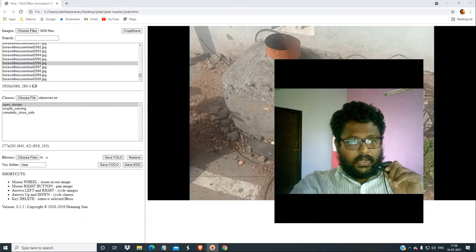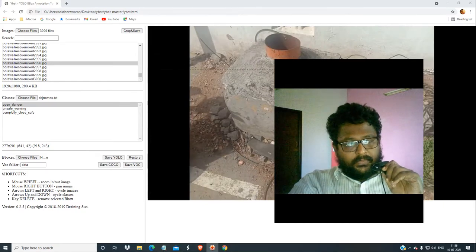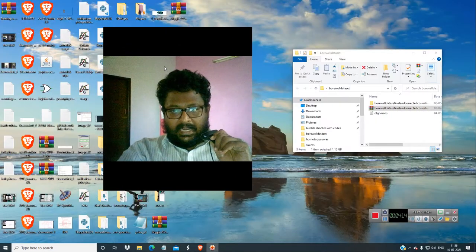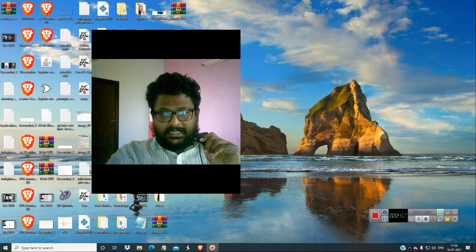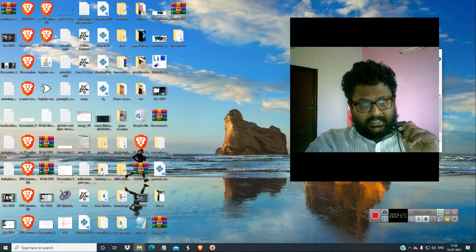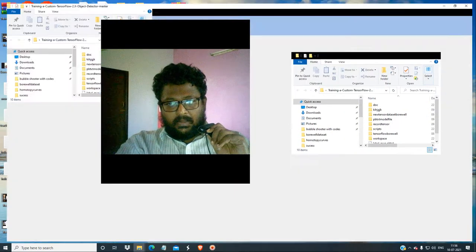After that, you annotate all images and click save YOLO or save YOLO VOC. Even if you do it in YOLO format, you can convert it to VOC. This is how we did the annotation. After the annotation, I took that folder over here.